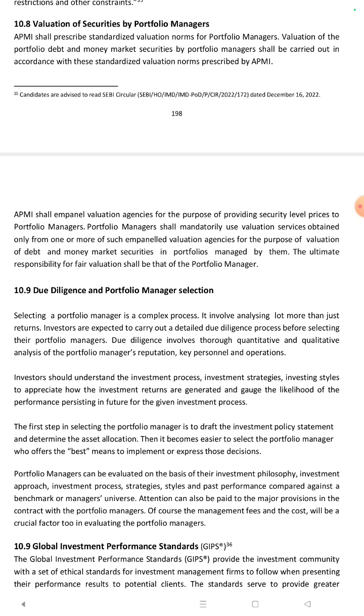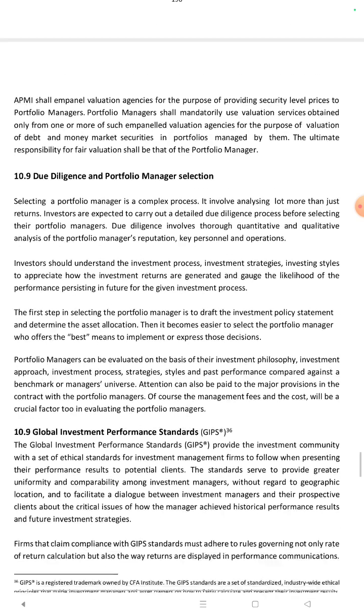APMI shall empanel valuation agencies for the purpose of providing security-level prices to portfolio managers. Portfolio managers shall mandatorily use valuation services obtained